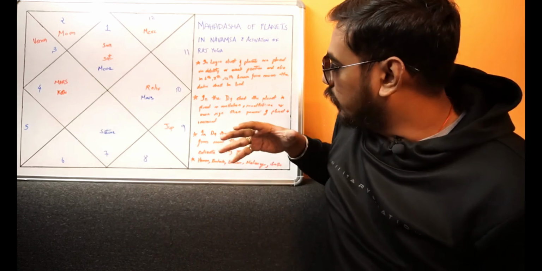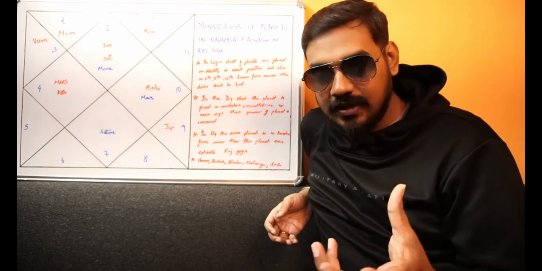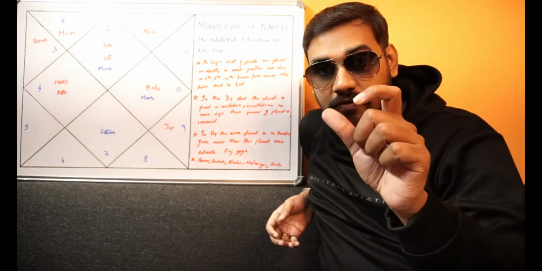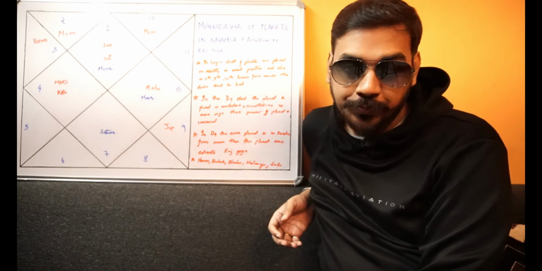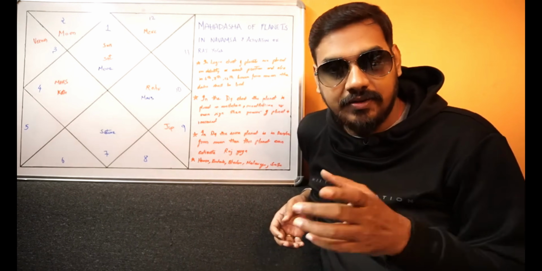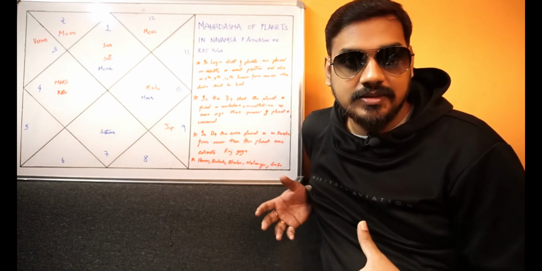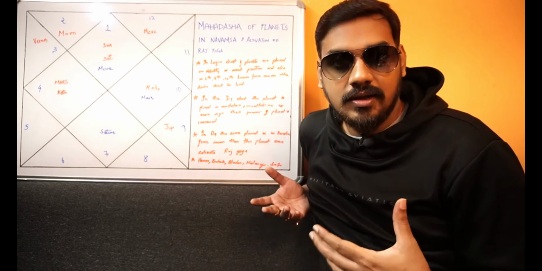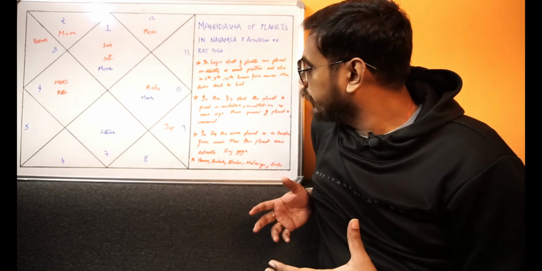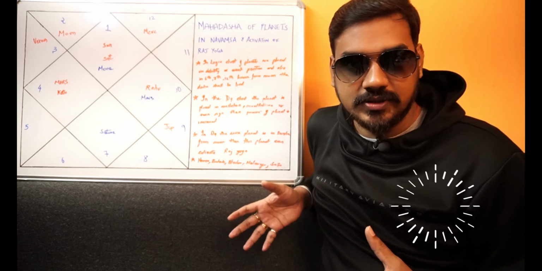So this is what I wanted to tell you. Open your horoscope, open your Lagna chart, moon chart and then open your Navamsa chart, and find out the placement of planets in Kendra from moon. Similarly, if the planet is also well placed in the Trikona or the 11th house from moon in the Navamsa chart, then that indicates that this particular planet has a lot of good karma waiting to manifest for you. So I hope I explained this video properly. Watch this video again and again so that you understand what I'm trying to say.